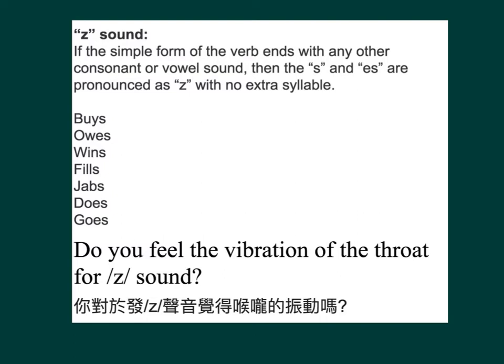Z sound. If the simple form of the verb ends with any other consonant or vowel sound, then the s and es are pronounced as z with no extra syllable. Buys, owes, wins, feels, jabs, does, goes. Do you feel the vibration of the throat for z sound? 你對於發 Z 聲音覺得喉嚨的震動嗎？